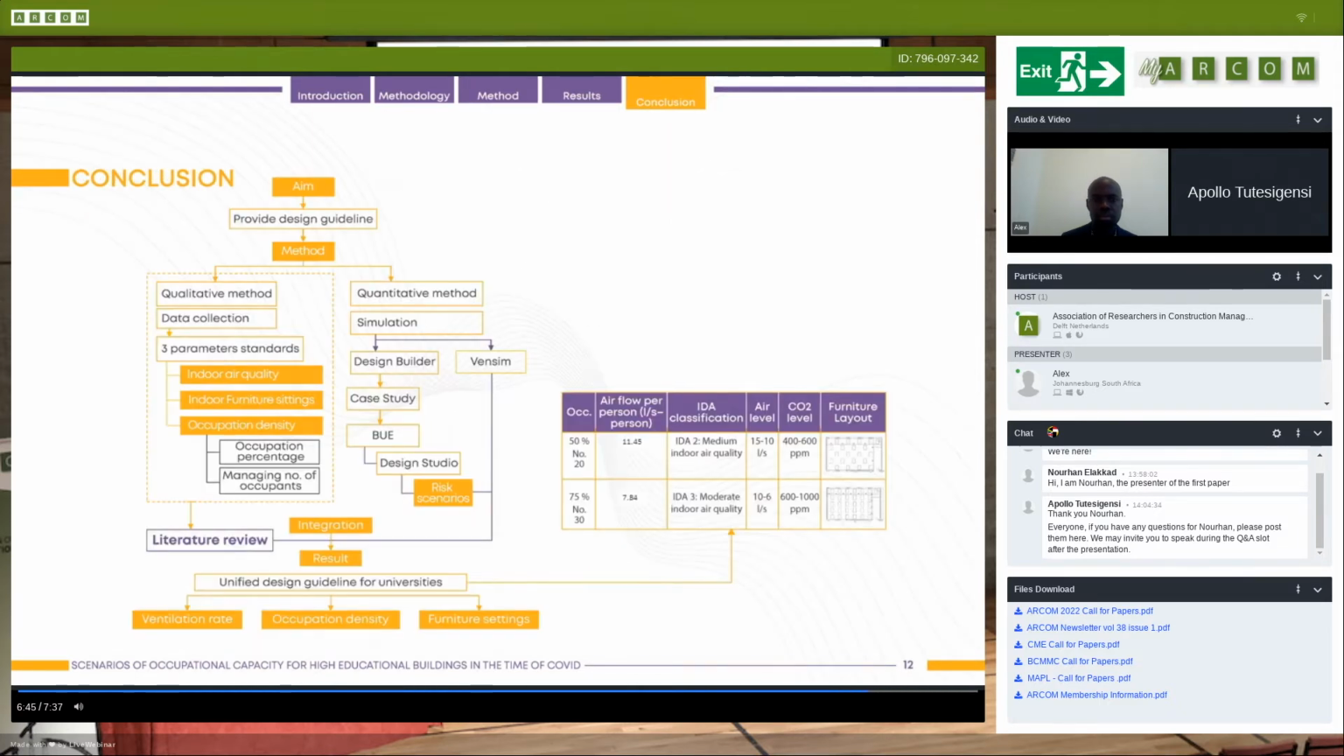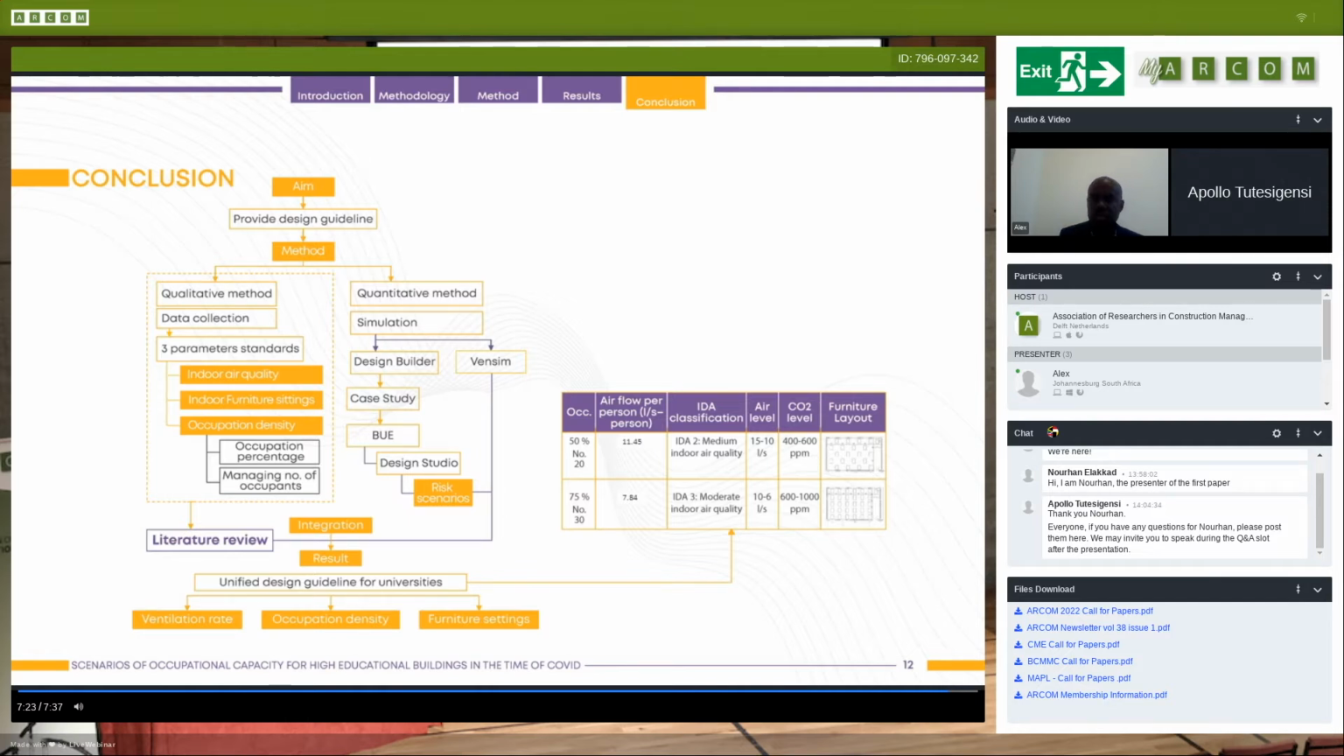To conclude, the aim of the paper was achieved by providing guidelines through a two-method approach, then integrating the parameters. The result is the guideline for design studios in universities for ventilation rates, occupation densities and furniture settings. The table shows the recommended COVID scenarios: occupation of 50%, which means medium indoor air quality, and 75%, which means moderate indoor air quality,